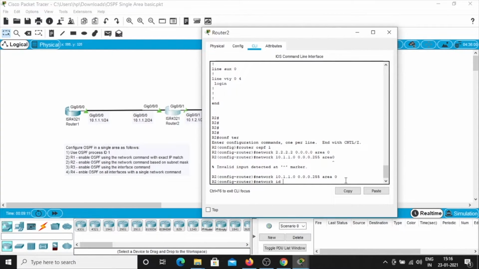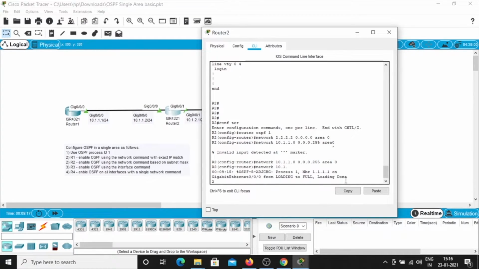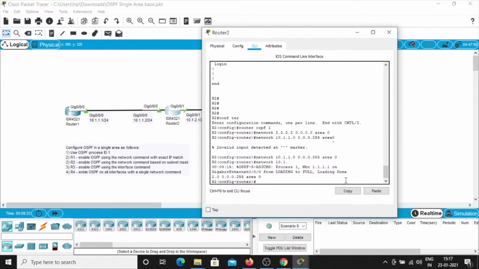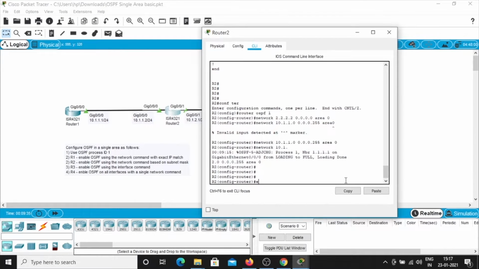Network ID 10.1.2.0 0.0.0.255 area 0, and end.